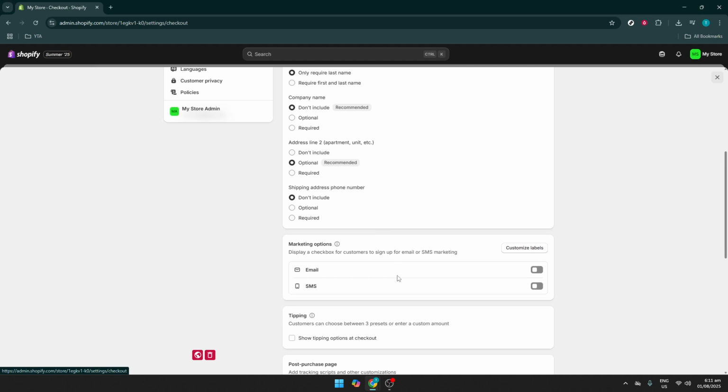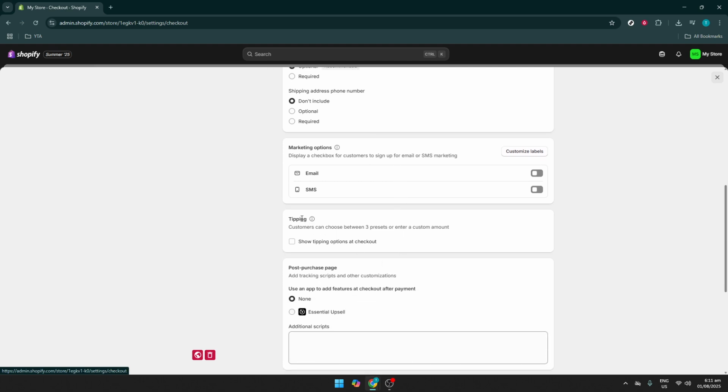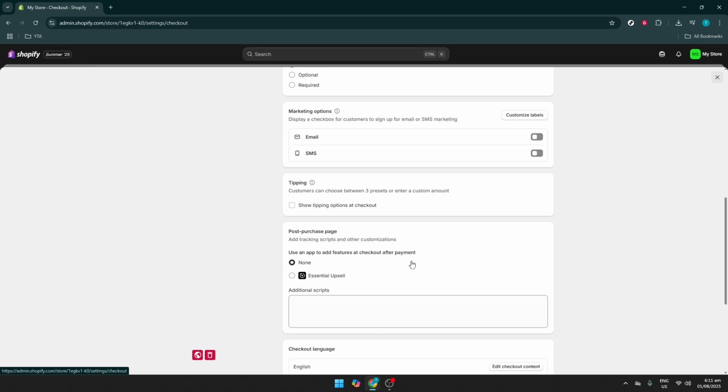Next up is the tipping section. If your business involves services that might earn tips, it's crucial to have this section correctly configured. You can set up preset tip amounts or allow customers to tip an amount of their choosing if they feel